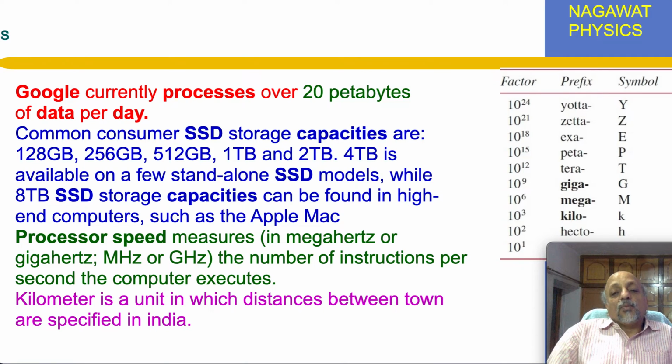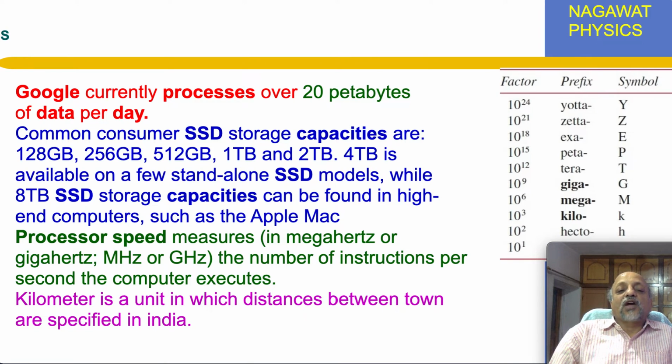Now, to make you realize the importance, I am giving a few examples of the SI prefix. Google nowadays processes a large amount of data, and Google processes 20 petabytes of data per day. So if you have to express how much data Google processes per day, the SI prefix peta is useful, and peta, as I have pointed out earlier, stands for 10 raised to power 15. The solid state storage devices